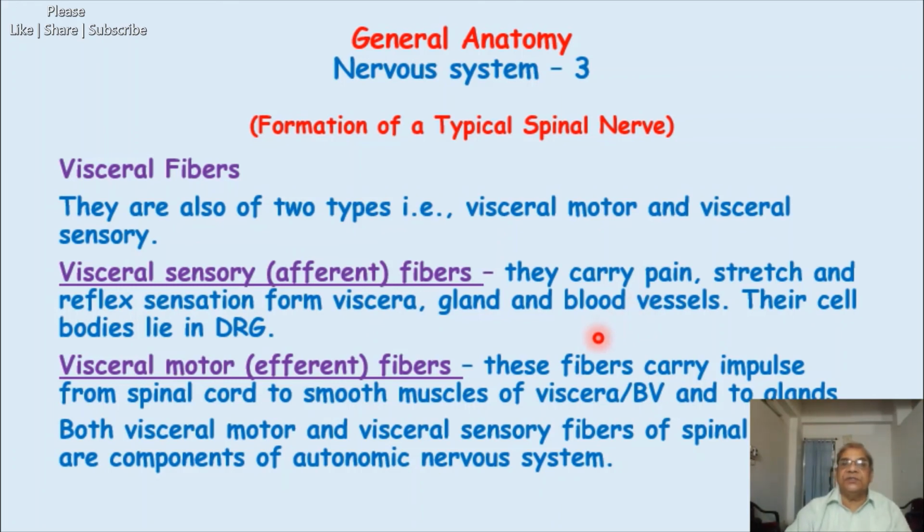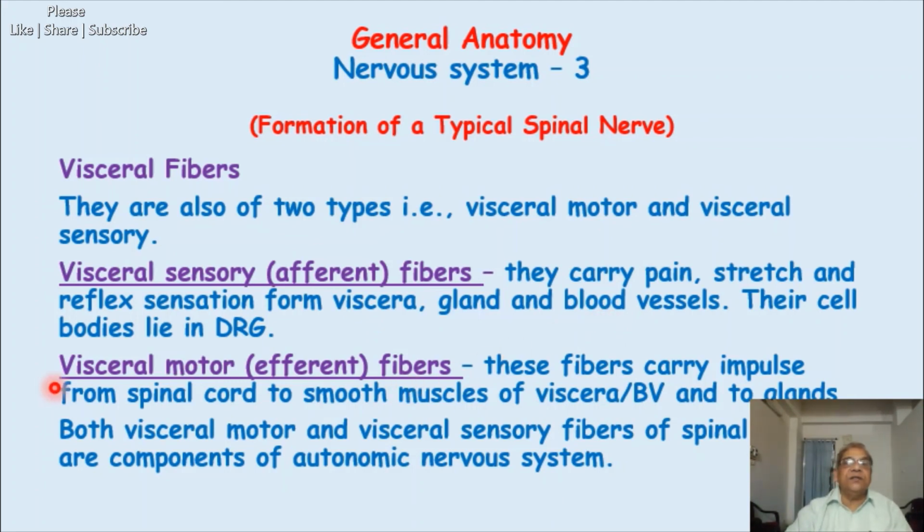will reach the level of consciousness. Otherwise the visceral sensations don't reach our level of consciousness, but they are constantly going to the spinal cord and then to the brain, because ultimately these sensations are analyzed by the brain and action is taken. The motor and sensory components of the autonomic system act automatically without our knowledge, without reaching our level of consciousness.